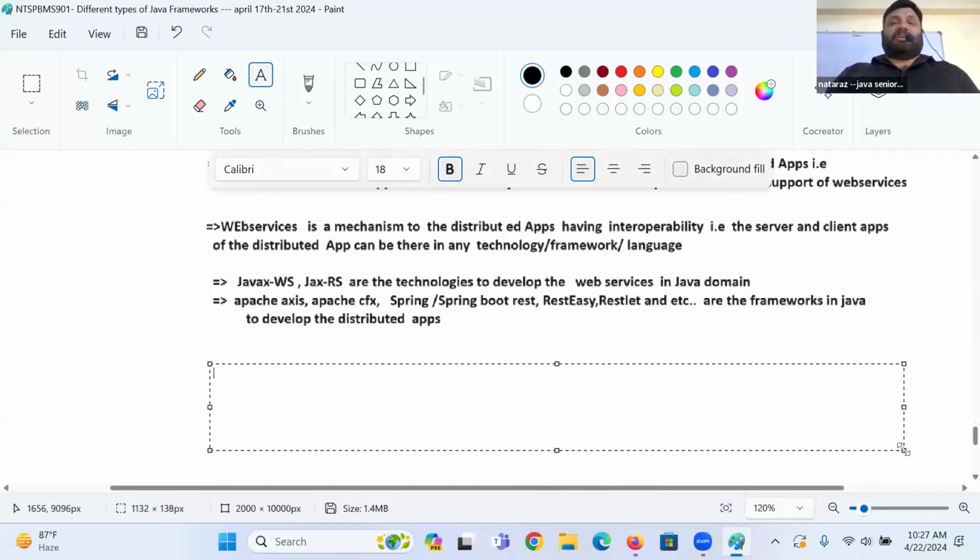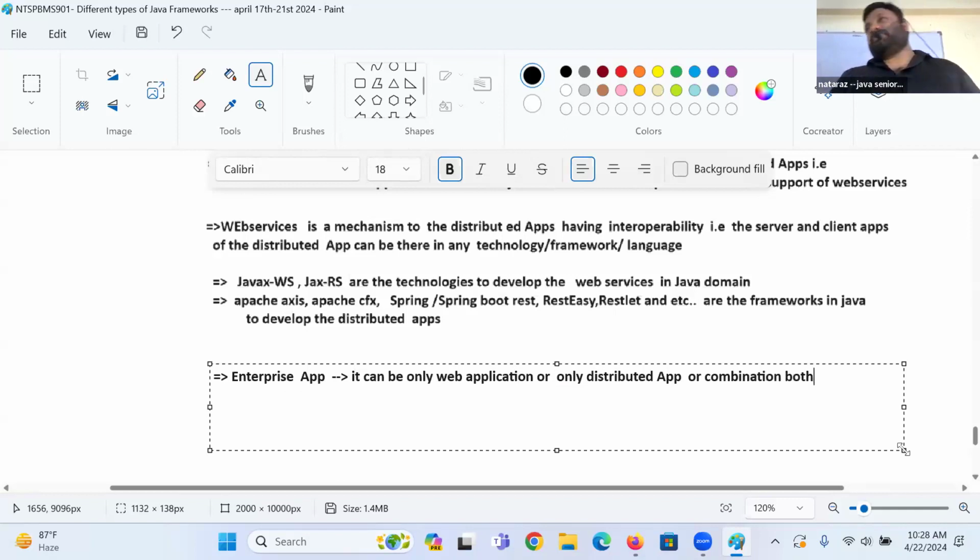Now tell me, boss, then what is an enterprise application, guys? Enterprise application, it can be only a web application, or only a distributed application, or a combination of both.